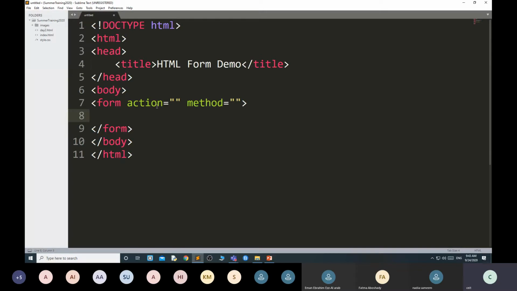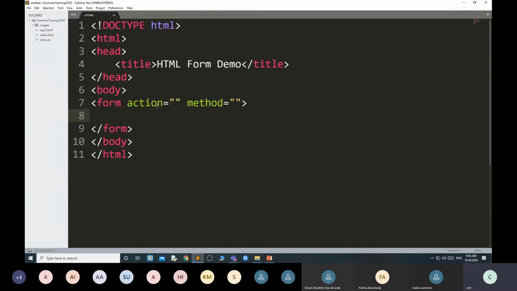Then when the user clicks the submit button, the data will go to which file? That will be decided by action.